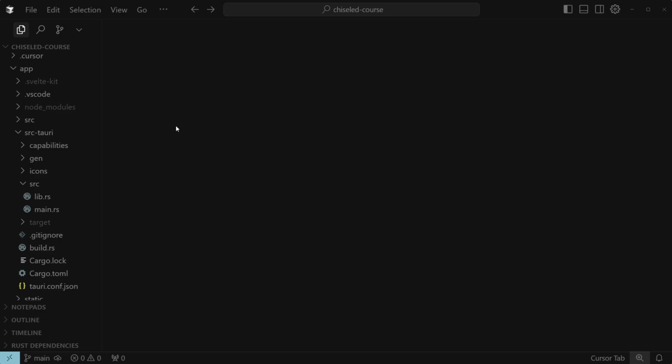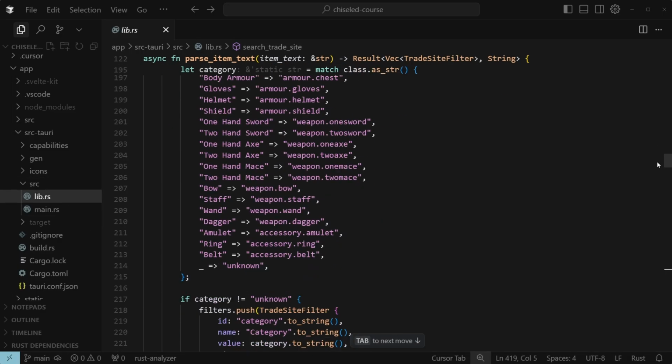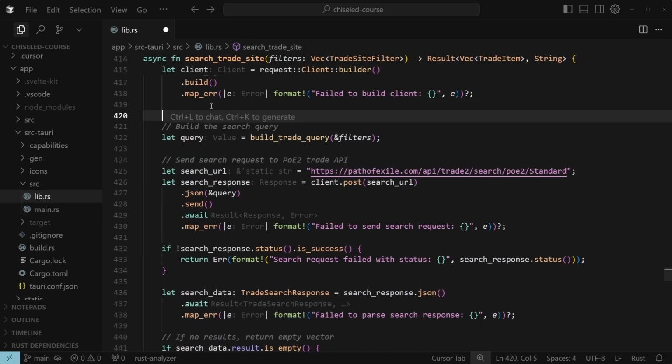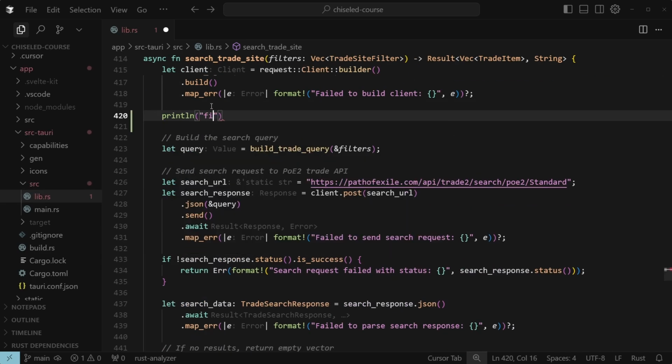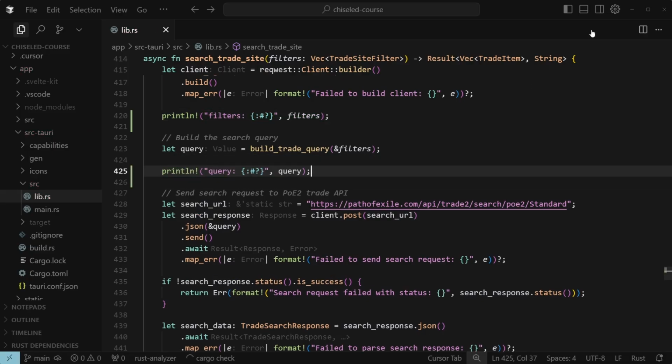All right, so let's try this out. Let's open up lib.rs, which is our Rust backend, and let's scroll down to a spot where we can log the filters and the query. Right here looks good, so we'll log the filters and the query. Easy. Next, we'll run our app,